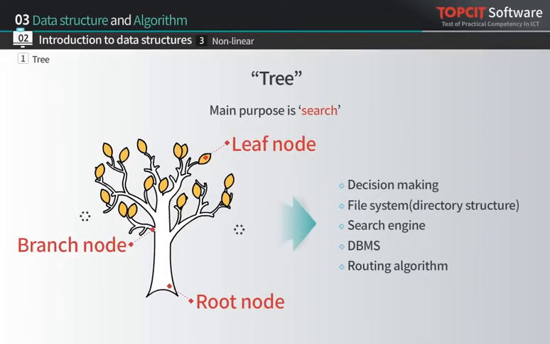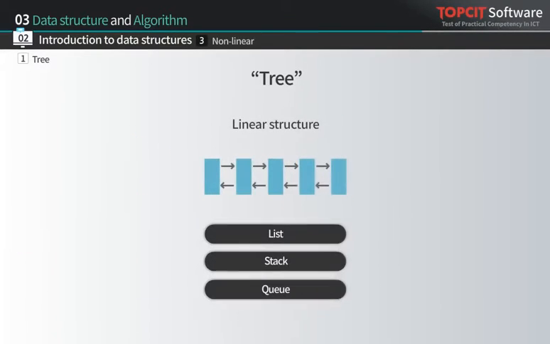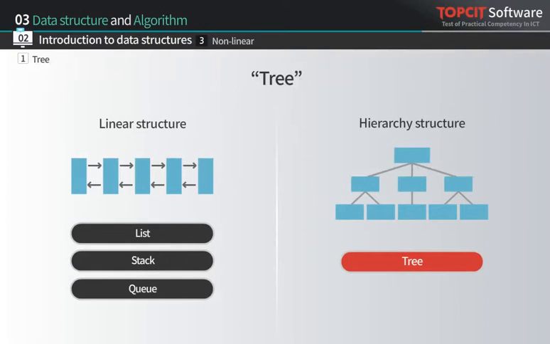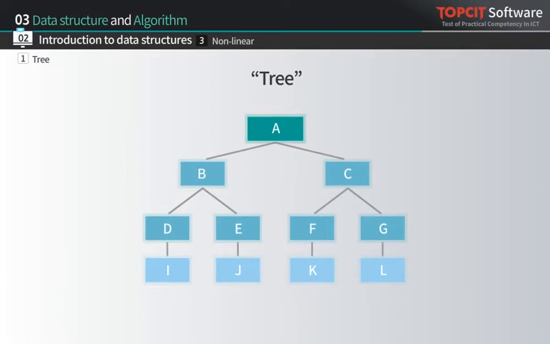Also, the tree data structure can be used in a wide variety of places, such as decision-making, file systems, search engines, DBMS, routing algorithms, and dealing with hierarchical data. If we compare other data structures and tree, list, stack, and queue are all linear structures, while tree has a hierarchical structure. From the picture, A is the root, that is the root node, and B, D, E,